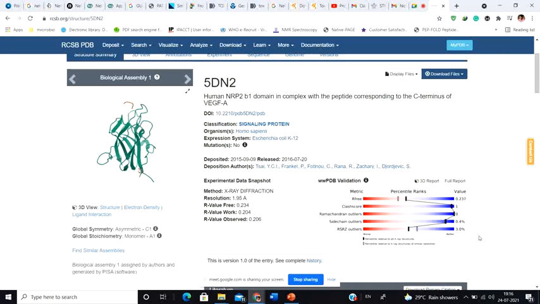So with respect to this protein structure, the resolution means this particular X-ray structure has been able to distinguish two atoms as two distinct atoms if they are separated by a distance of 1.95 angstrom. And suppose if two atoms are separated by only 1.5 angstrom, then it takes them as a single atom. It is not able to distinguish those two atoms as separate atoms. Understand? So obviously for our experimental purpose, the lower the resolution value, the better.